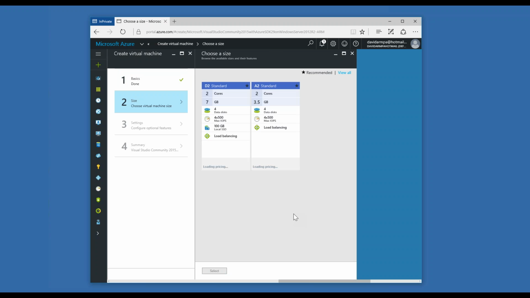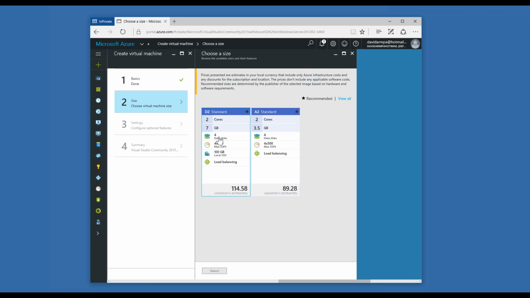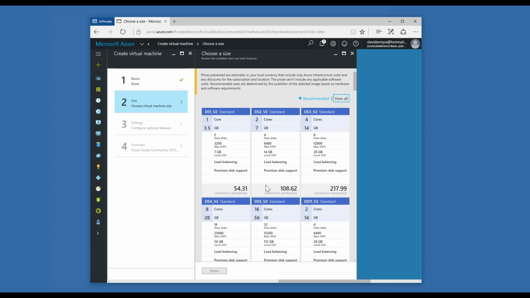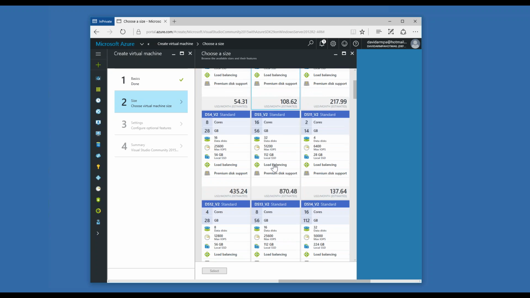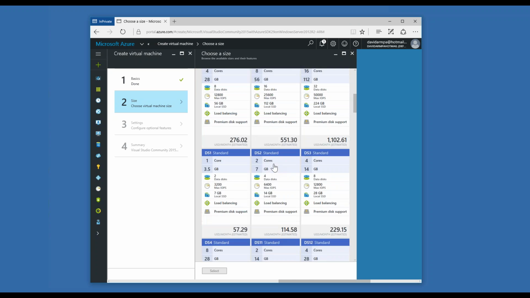Okay, I've created the first part, and now this is showing me what kind of virtual machines are available. It's loading some pricing, and these are estimated prices right now. We're going to cover this in just a moment, but I wanted to show you that if you view all, you can see the different configurations available to you.